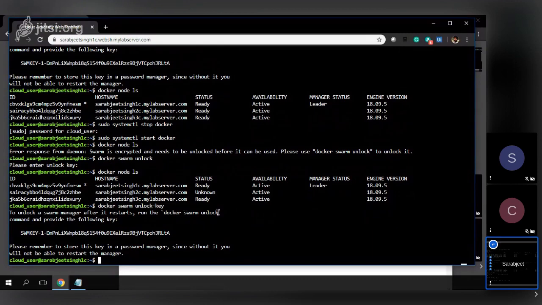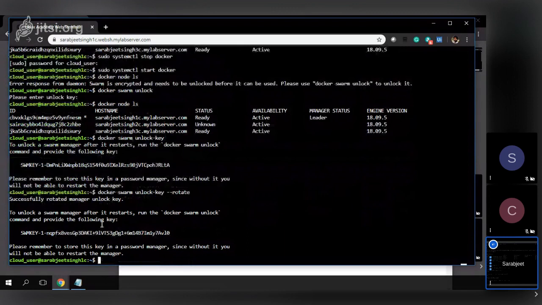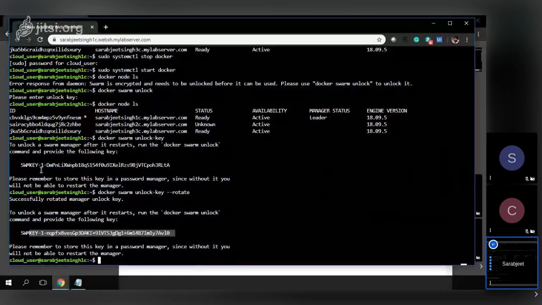Okay, and same thing, if you think your unlock key is compromised, you can rotate it. It means you can change it. Okay, so the command is docker swarm unlock-key --rotate. Okay, so it will give us a new key. So this is a new key, and now the old key will not work anymore. Okay, so we have to use this